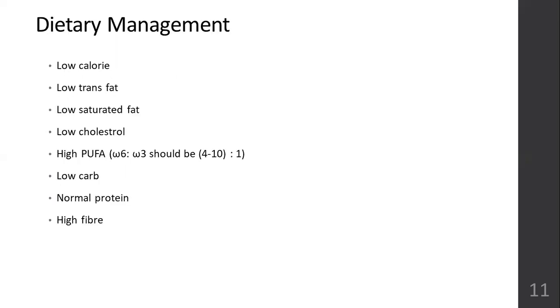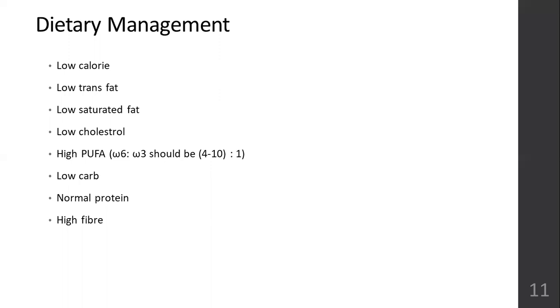So coming to the dietary management, you should have a low fat diet, low calorie diet. Calorie control has to be done because there are high chances that you're dealing with a person who is either overweight or obese. If you're dealing with cardiovascular diseases, there is a high chance obesity is lurking around, or at least abdominal fat. That issue is predominantly present. So we have to focus on a low calorie diet. Portion control has to be done. Calorie restriction has to be followed.